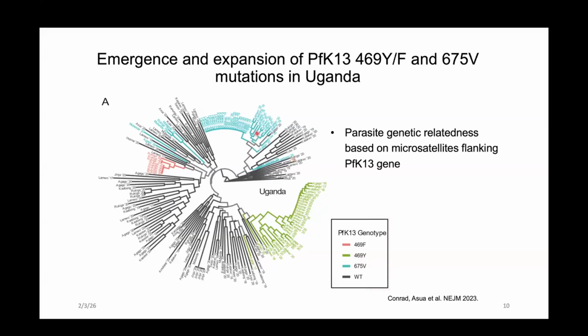What we see here is that if we start with the 469F, it appears to be one population of parasites, clustered, like I said, in the southwestern part of the country. The 469Y is also potentially a single emergence, and if you look at the names of sites here, they are all sites in northern Uganda. But what's a bit different is for 675V, there appears to be, first of all, one population here, which is in